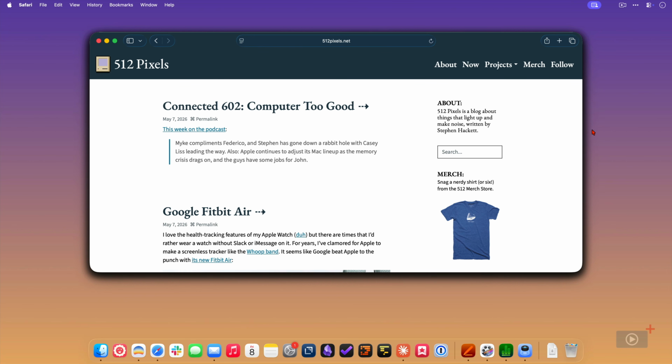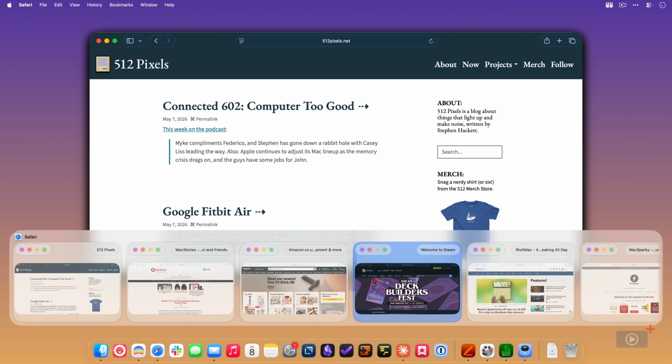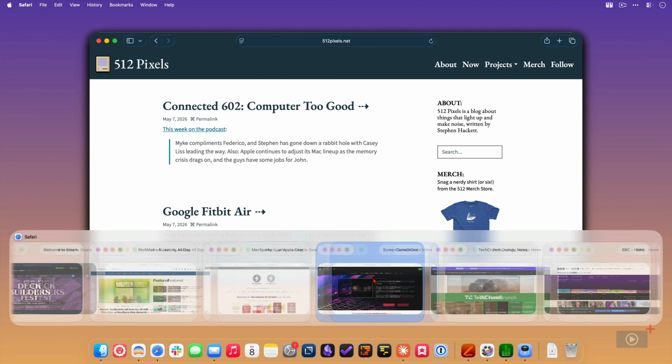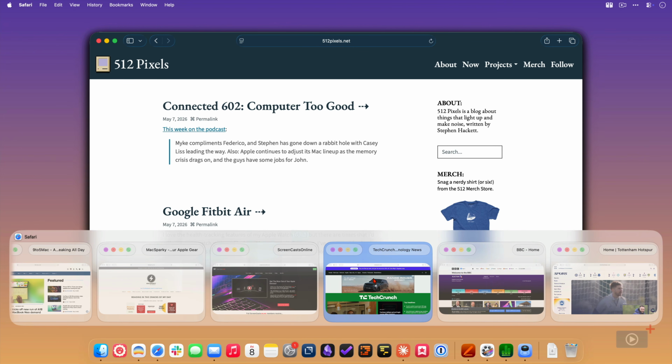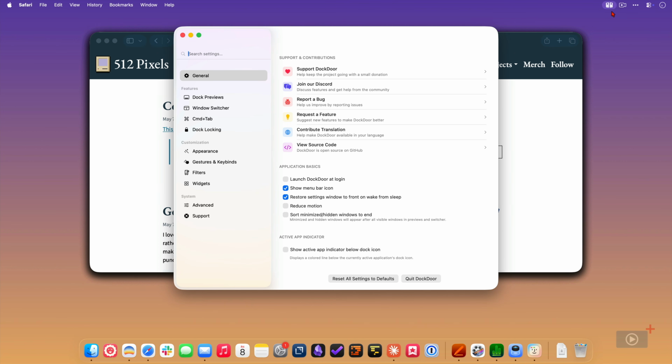Now, if you're anything like me, you may find yourself on occasion having slightly more windows than is healthy. You can see here in Safari, I actually need to scroll across to the right to be able to see them all. Now, one way of being able to change this behavior in DockDoor is to come up into the menu bar icon, open settings, and just before we move any further at all,